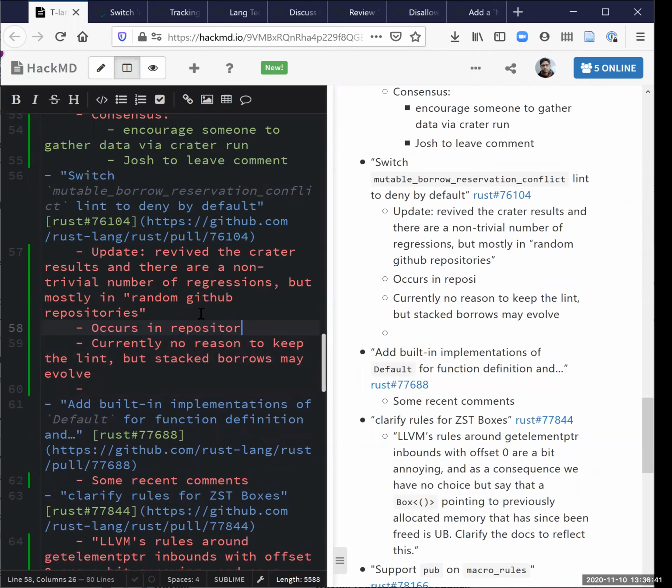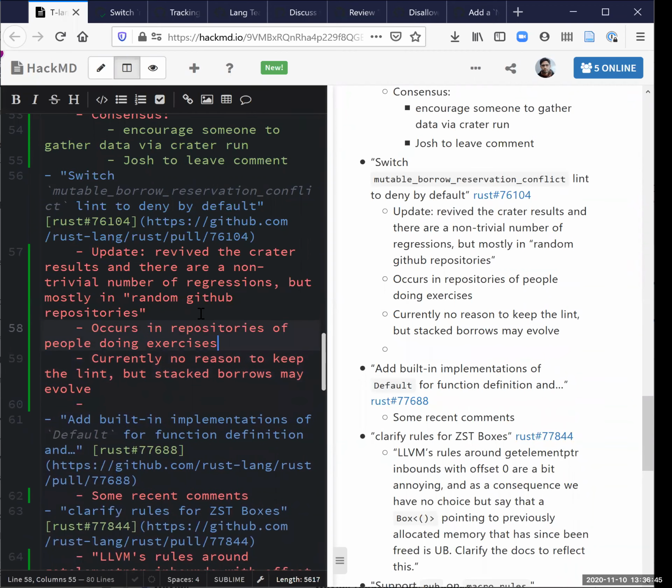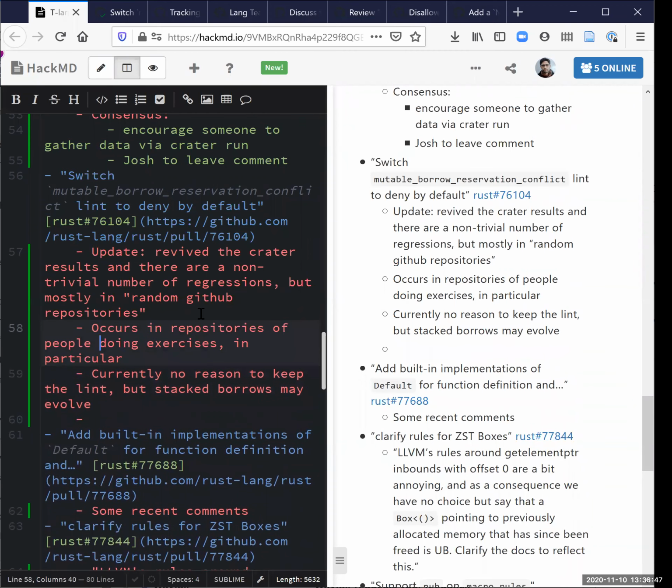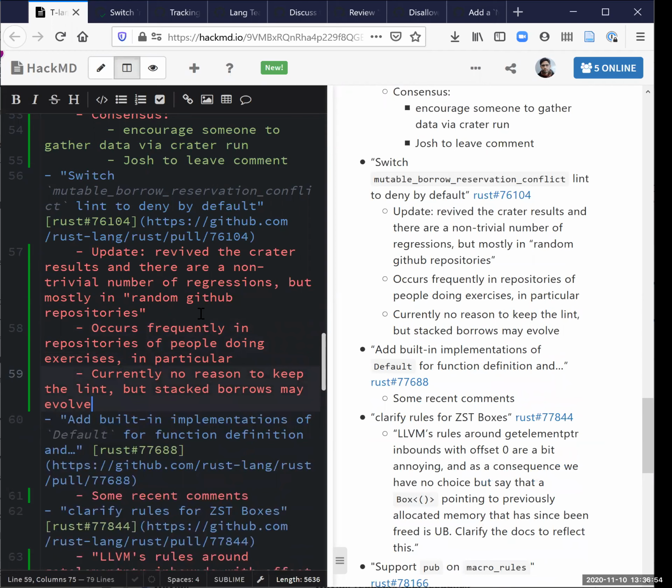So there might be some value in reaching out to a few people or trying to figure out what exercises they were doing, and seeing if there's some particular reason that this regularly happens, so that we can understand why people end up writing this Rust code, and if that's a concern, then we could try to address it. We might learn something about how people learn to write Rust code who are not us.